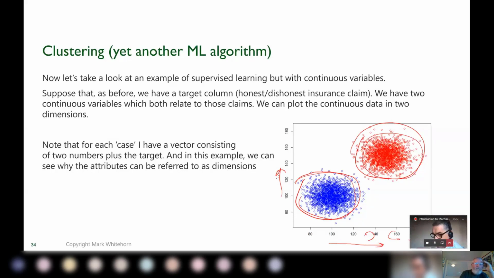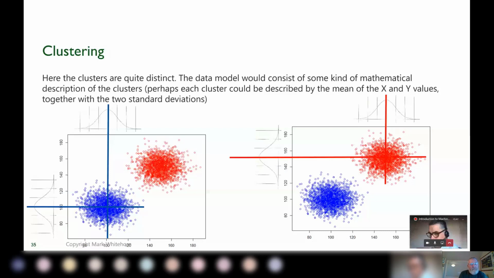Now, again, just to go back to this idea of a data model, what would the data model of that data be? That might be 20 million data points. Well, the data model for that could be as simple as this. If you have a normal distribution of points across there, so there are very few honest points here, very few honest ones there, but lots in the middle. And you have the same,